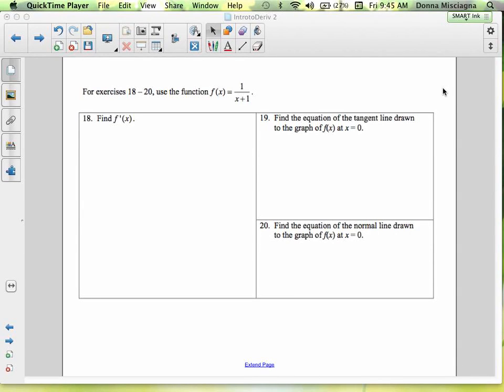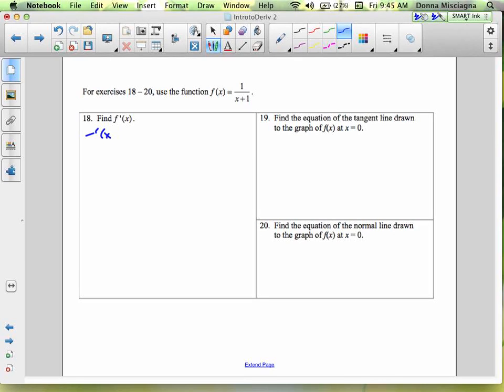All right, let's use the function f of x equals 1 divided by x plus 1 for these three problems. And again, we're going to use the definition of the derivative. So f prime of x is equal to the limit as h approaches 0 of 1 divided by x plus h plus 1 minus 1 divided by x plus 1